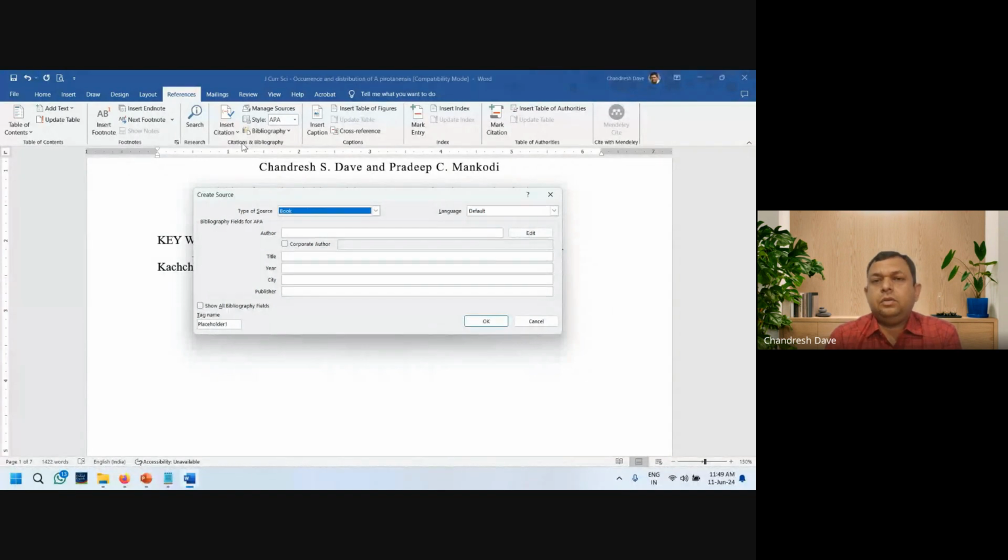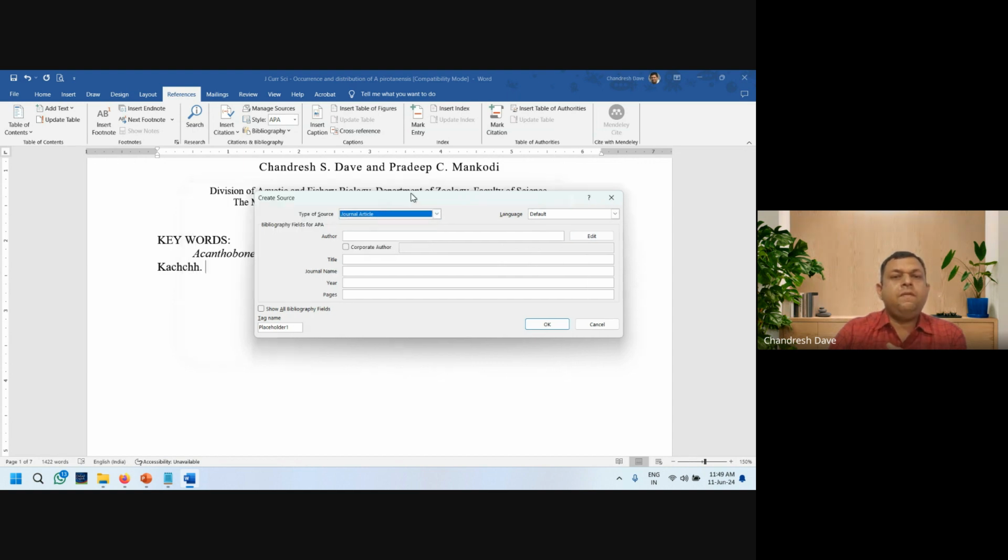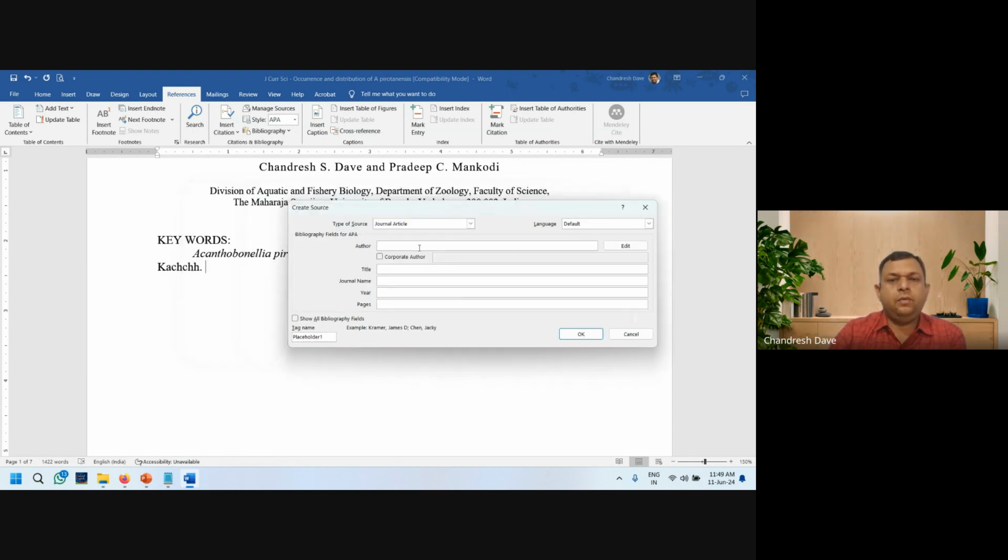But it is not that flexible like Mendeley, EndNote, or Bibus. If here I would like to mention a journal article, I would select journal article, then fill up all the details manually like name of authors, title, journal name. For example, author, Pandya, title,